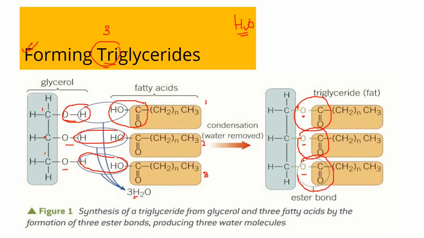So it's glycerol plus fatty acids, but there are 3 fatty acids there. Is it clear? For this part here, sometimes they can simply write R also. It can be any molecule, but it has to be a very long chain. Generally we are talking about hydrocarbons here, so it will mostly have carbon and hydrogen. This can be a very long chain, so they can simply put an R over there. So this is how a triglyceride will be formed. We need to have glycerol and 3 fatty acids.